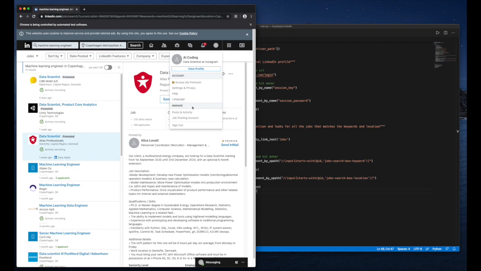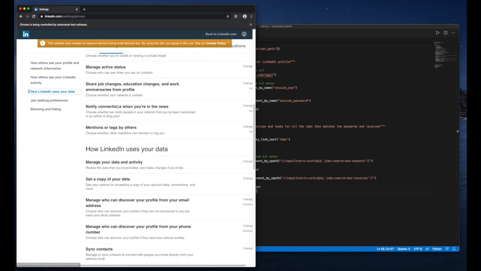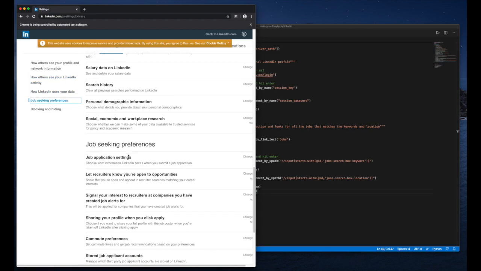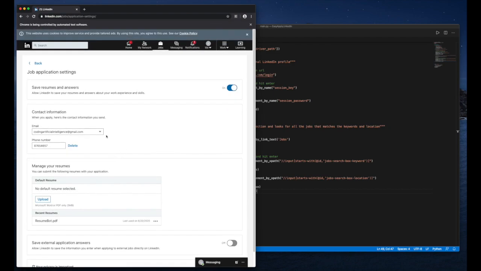And then you have to go to your settings and make sure that you go to your account and go down all the way to job seeking preferences and go to job application settings. And this is basically what is going to be saved for each of the job offers. So you wouldn't have to code the part of putting in your email or your phone number. I invented this phone number, so don't try to call it. So if we go back to our page,